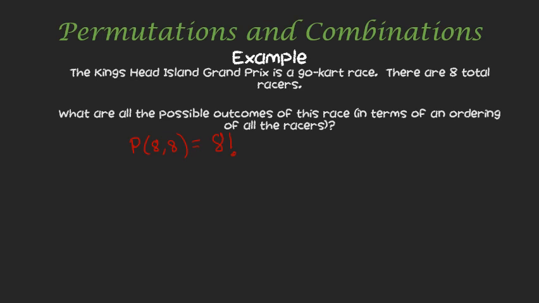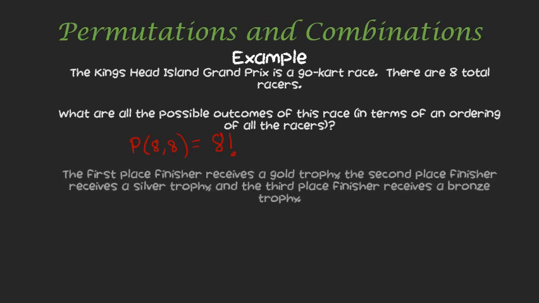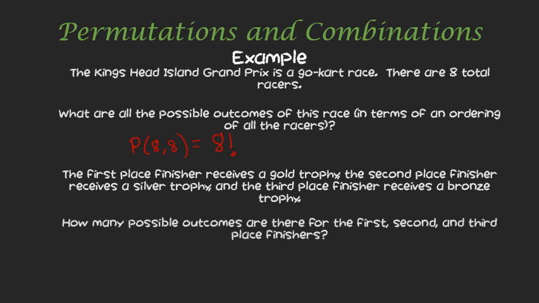Okay, but typically races don't care about all of the racers. Typically there's a first, second, and third place. So let's say the first place finisher receives a gold trophy, second place receives a silver trophy, and the third place receives a bronze trophy. We want to know how many possible outcomes there are for these first, second, and third place finishers. So we'll forget about places 4 through 8. We don't want to count those different variations. We just want to know how many ways there are to have these